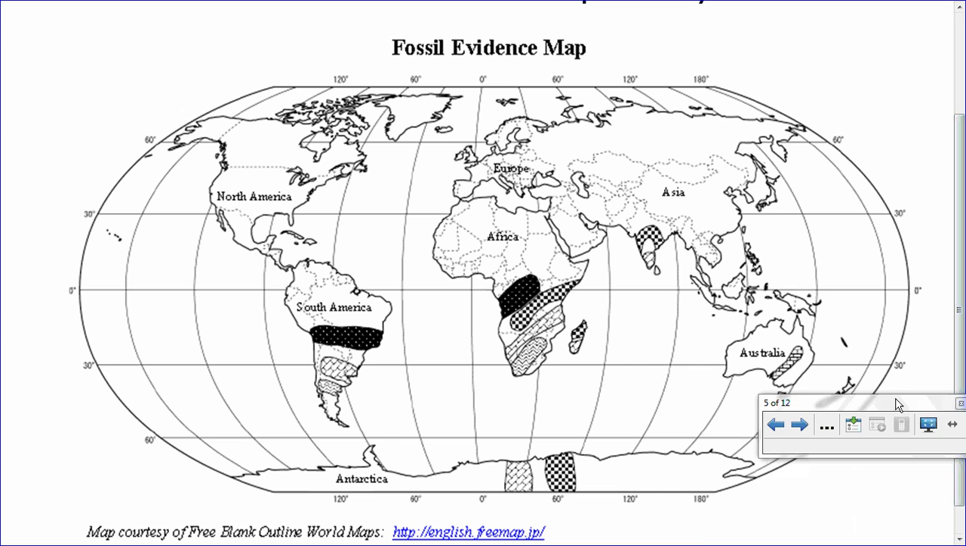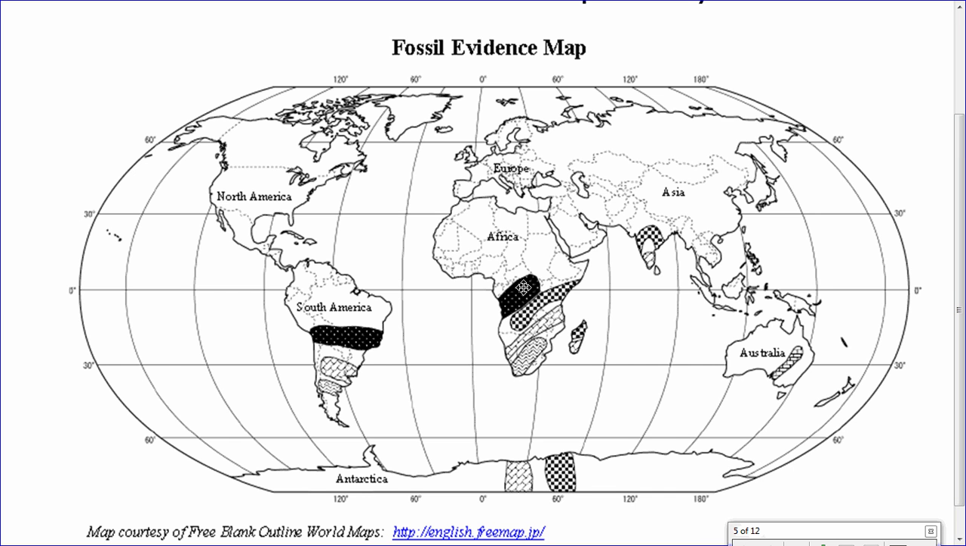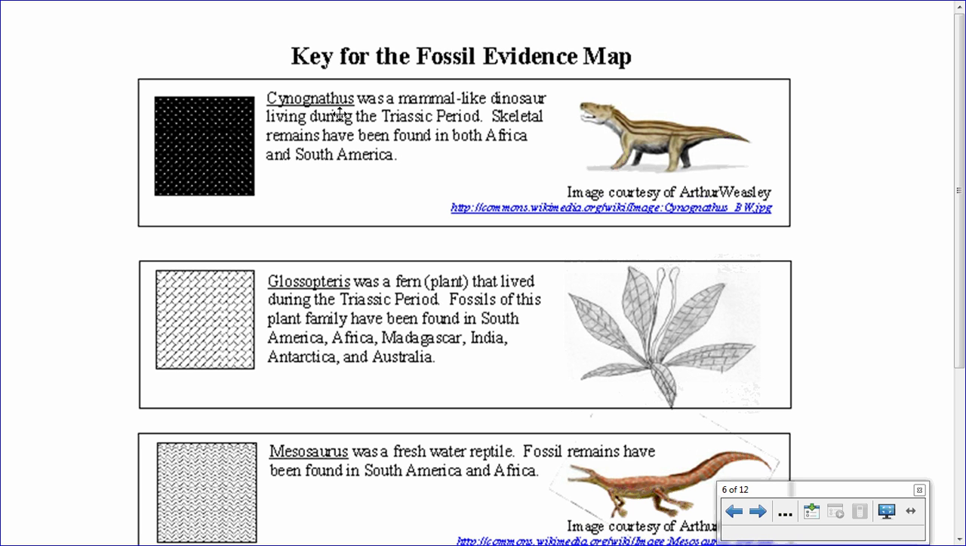I mean, look at this map. You see these little black with the white dots? That represents something. Let's go look at what that represents. That represents